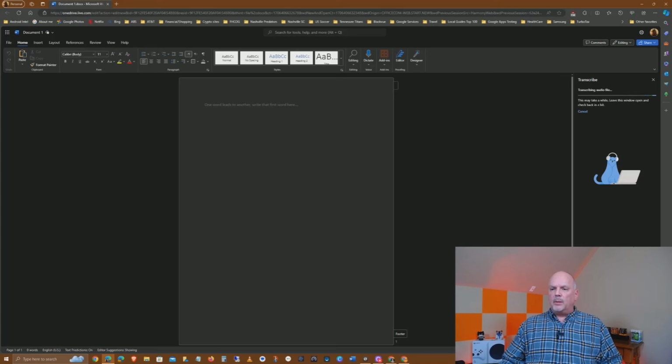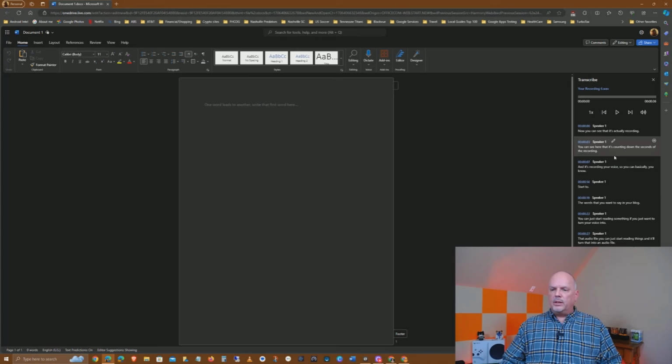So now see it says uploading to OneDrive, and it's converted my speech into these timestamps. So you can see right here, it's created these individual timestamps that you can actually copy, paste, you can edit. You can also see down here at the bottom, if you'll look right here, your transcription is saved. You can choose close the pane and the document and come back to it later. But I want to show you what's going on right now.